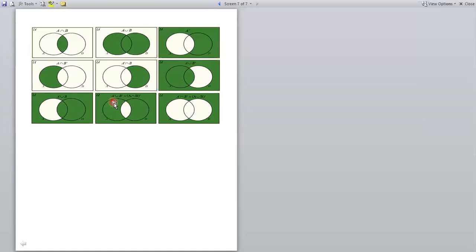And when we are applying the A union A complement union B complement, it is equivalent to A intersection B complement. That means this is the intersection part. When we are applying the complement of A intersection B, it contains all this green shaded region except this one. And A union B complement means the complement of A union B, which is this green shaded part, and the complement part is the outside, the white shade. So the whole complement of A union B is defined by the green shaded region.